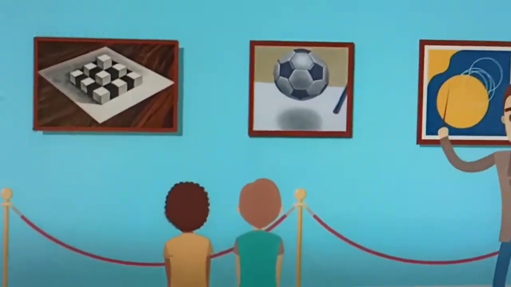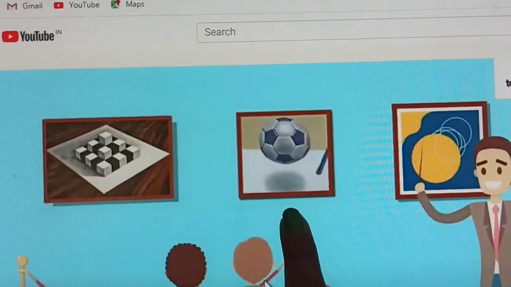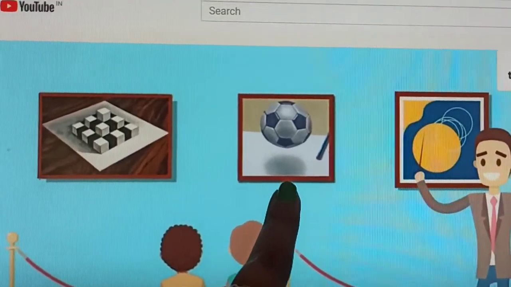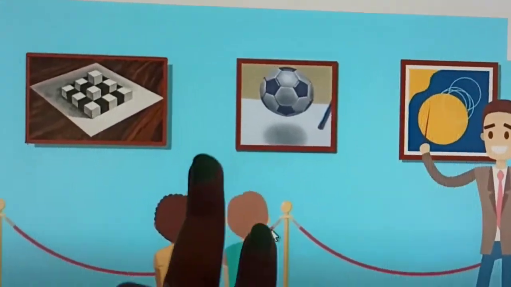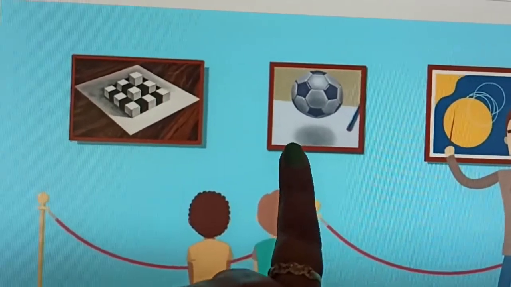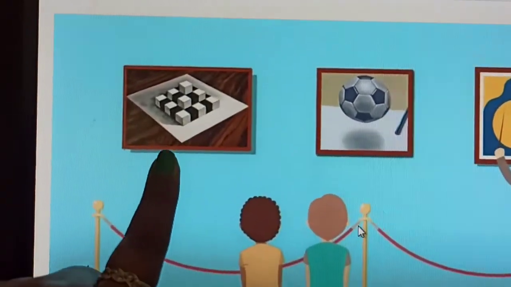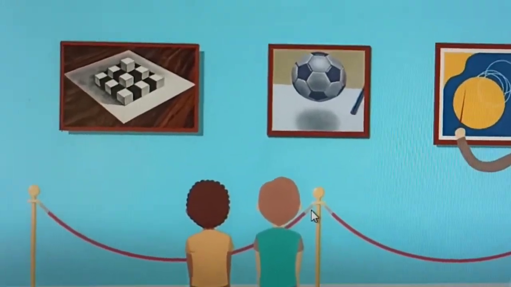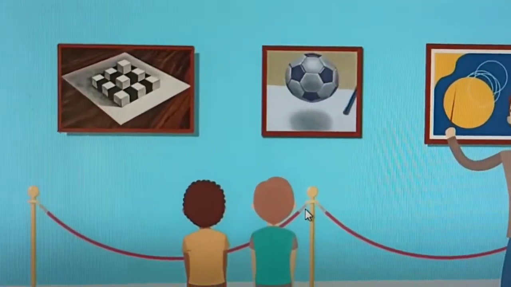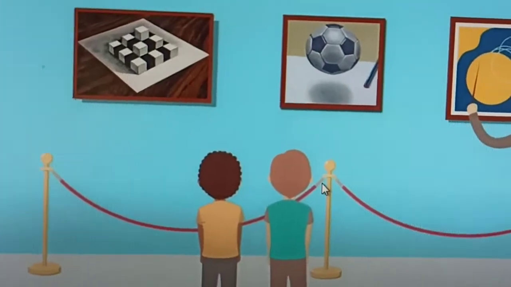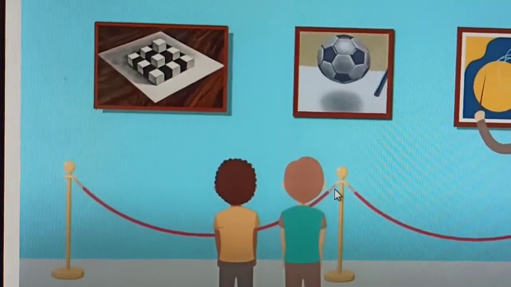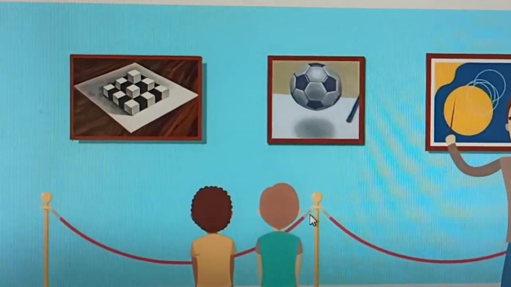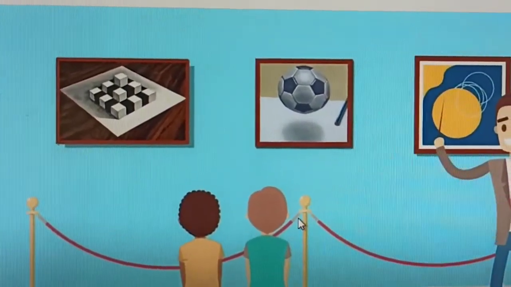So beta, these are always drawn like this basketball. This one has a downside shadow also, right? On paper you can draw it easily, but with the shadow you are not able to draw it. And this one, see here, these are always drawn with the help of oblique sketches as well as with the help of isometric sheets, right? So both methods will work here when you draw 3D shapes on paper.